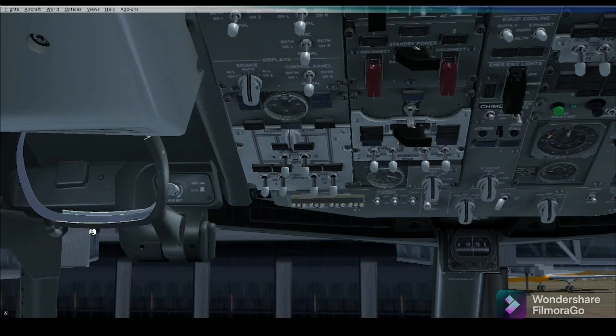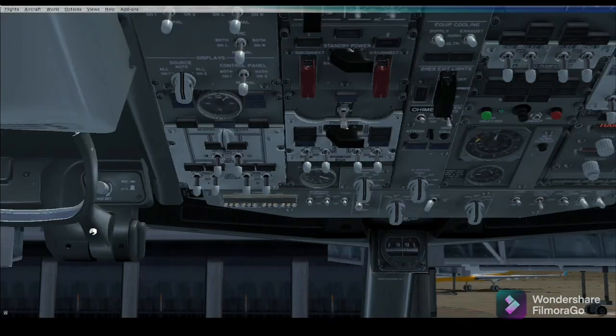Again in the overhead panel there is the fuel pumps section. This panel controls the fuel flow and fuel pumps. The fuel temperature gauge reports the temperature of the fuel in tank 1. Fuel is heated using the engine oil to minimize the icing potential.